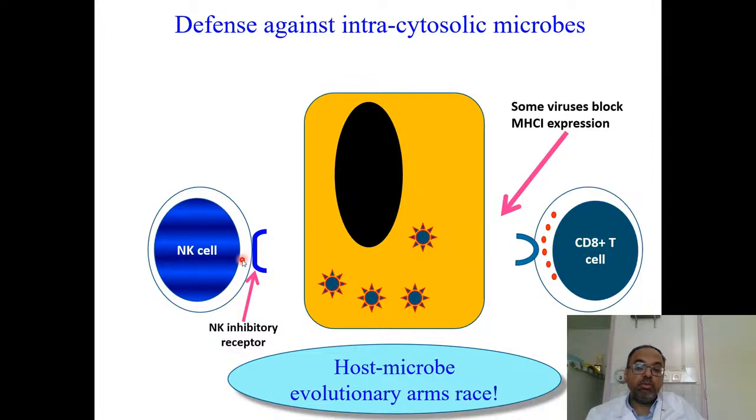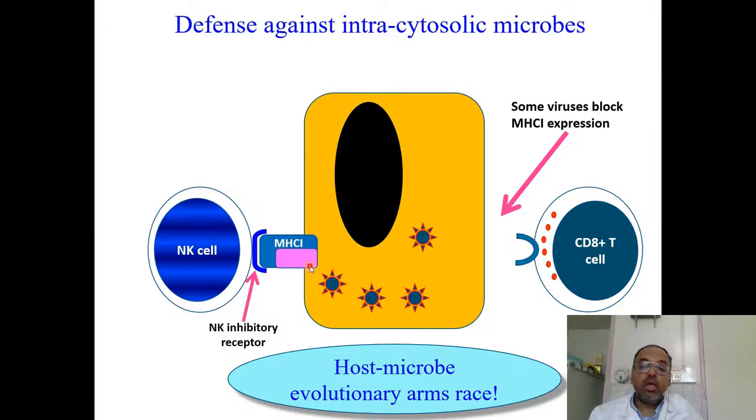That's why they're called inhibitory receptors. What is the ligand for the inhibitory receptor? The MHC molecule itself, regardless of whether it has an antigen or not, because NK cells cannot recognize antigens. So NK cells usually check the surface of other cells for the presence of sufficient levels of MHC. If MHC is present at sufficient levels, they will be inhibited.